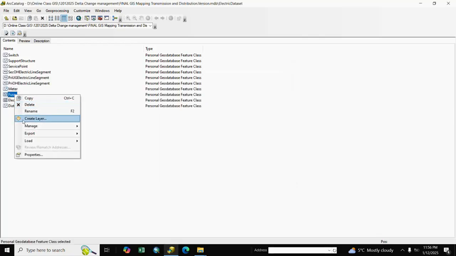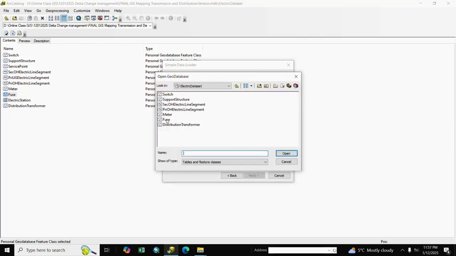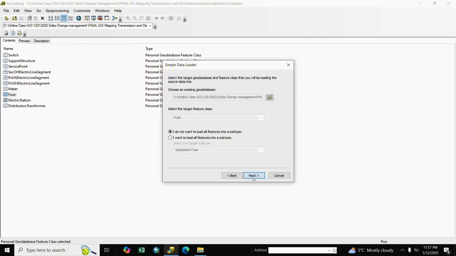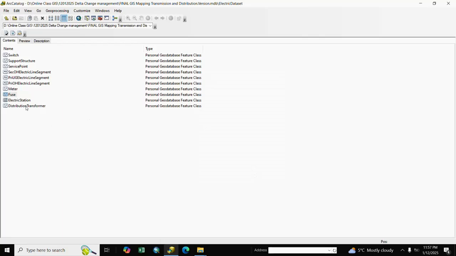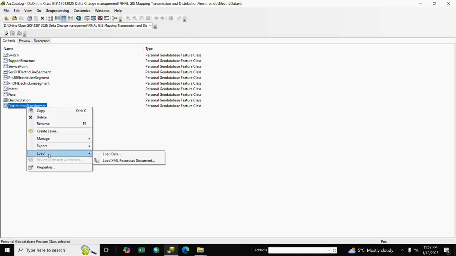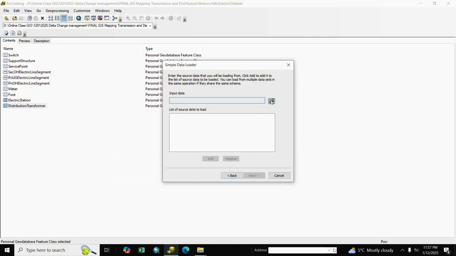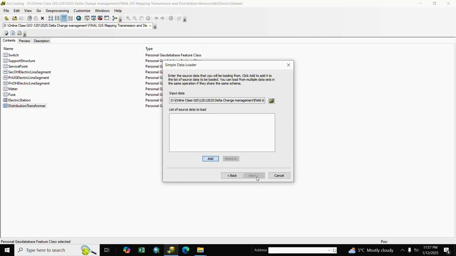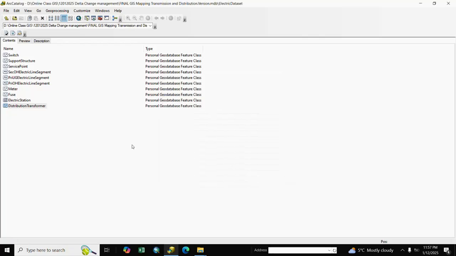Next fuse, we go to load, load data, select here fuse, open, add, next, next, next, next, finish. And we go to distribution transformer, load, load data, next, distribution transformer, add, next, next, next, next, and finish.